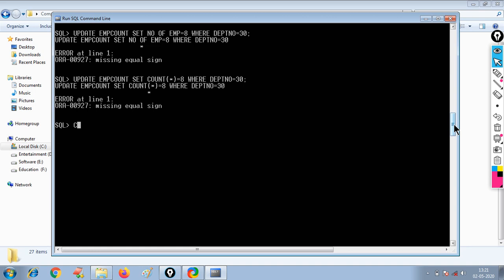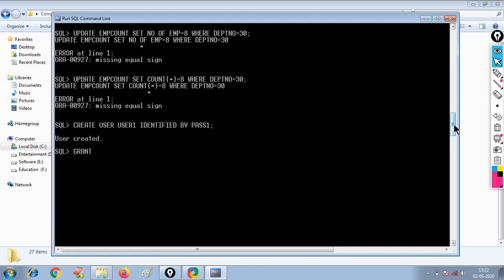If you are creating a user like this, create user, a username, let's say user 1, identified by some password, let's say password 1. Now this user cannot connect to the database because you have freshly created the user. It has no privileges. So as an admin, you have to grant privileges.